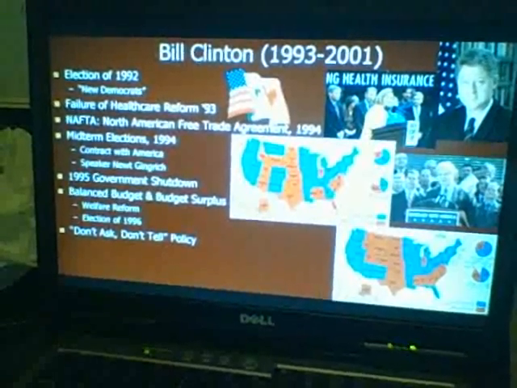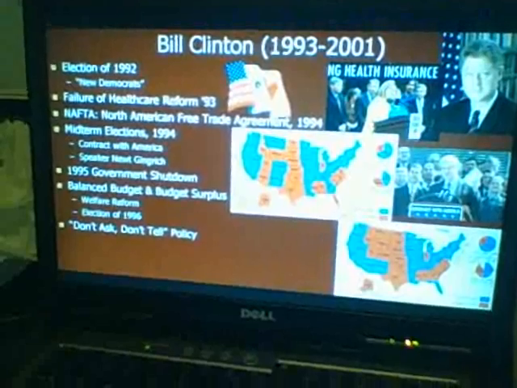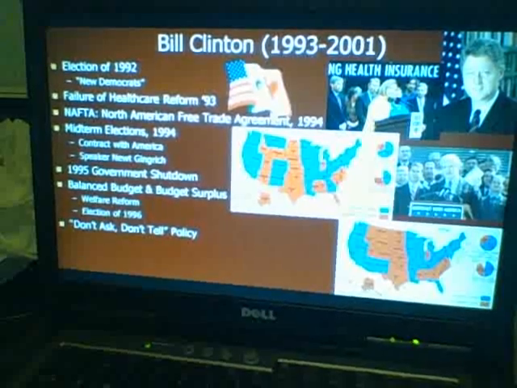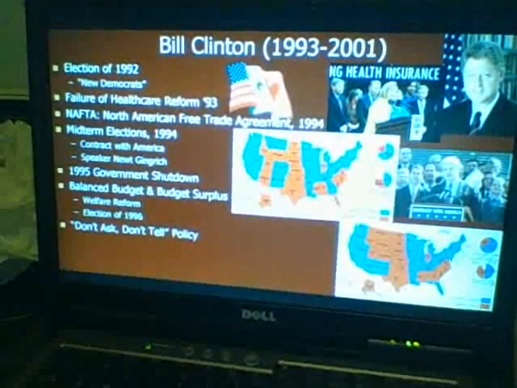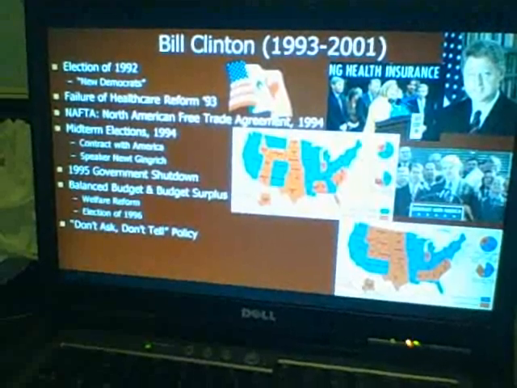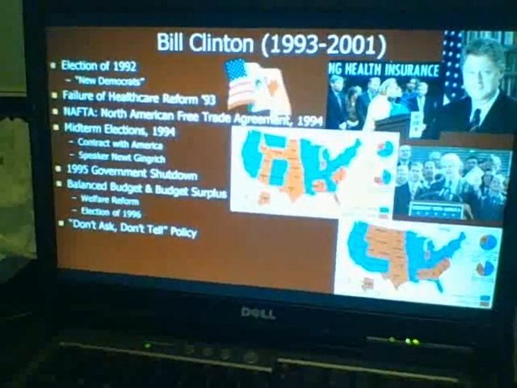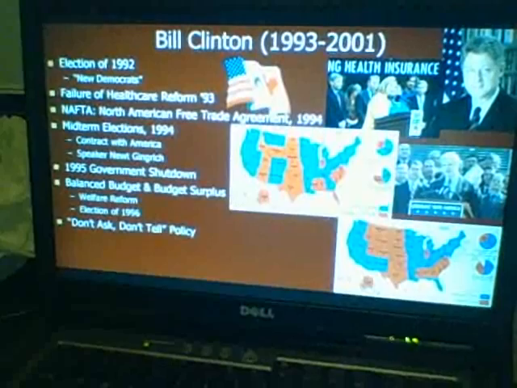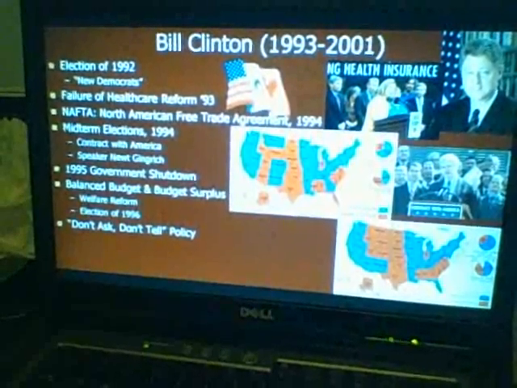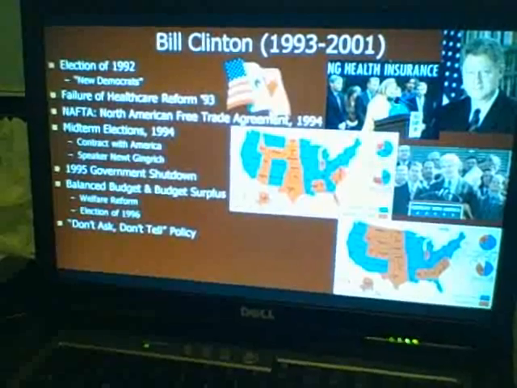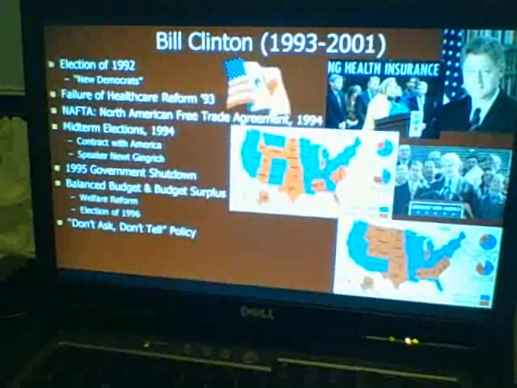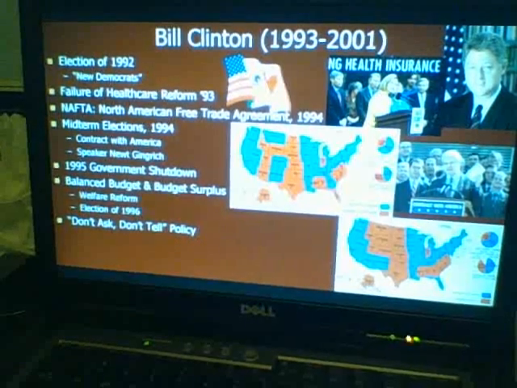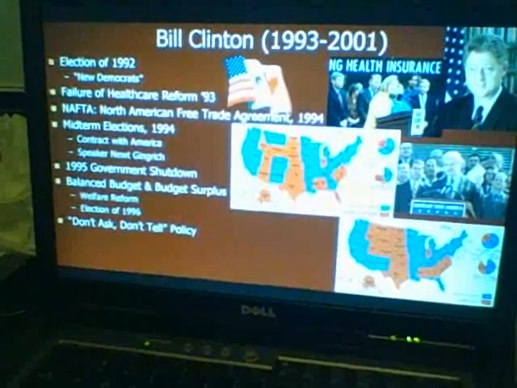Which leads us to the balanced budget and the budget surplus. So in 96, Republicans had a compromise with Clinton. They left Social Security and Medicare intact. They limited welfare, more on that in a minute. They set immigration restrictions. They increased minimum wage and balanced the budget, which led to our first surplus since 1969 as of 1998. So for the first time in 98, we're going to have the government not doing deficit spending and actually saving and having a surplus for the first time in about 30-something years. So the balanced budget and the rising economy got him reelected in 96, which brings us to the welfare reform